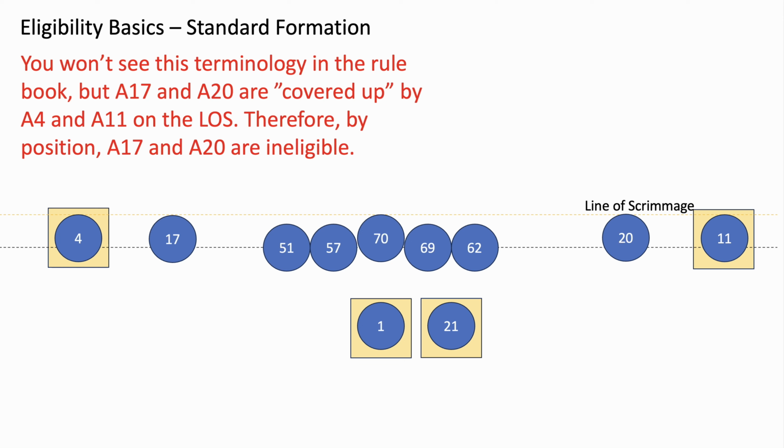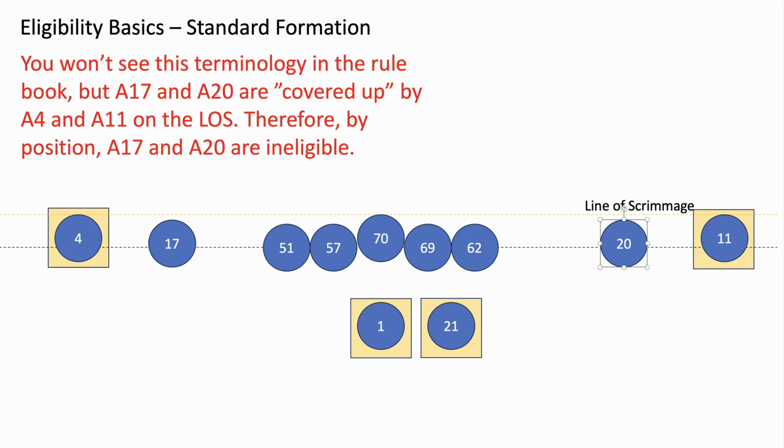You won't see that terminology in our rule book at all. But with A4 and A11 on the ends of their lines of scrimmage, respectively, with A17 and A20 also on their line of scrimmage, they are ineligible. If you see A17 again, maybe just a couple blades of grass back, maybe A20 a couple blades of grass back. Yes, they are off of the line of scrimmage, but I definitely would have a conversation with them, both